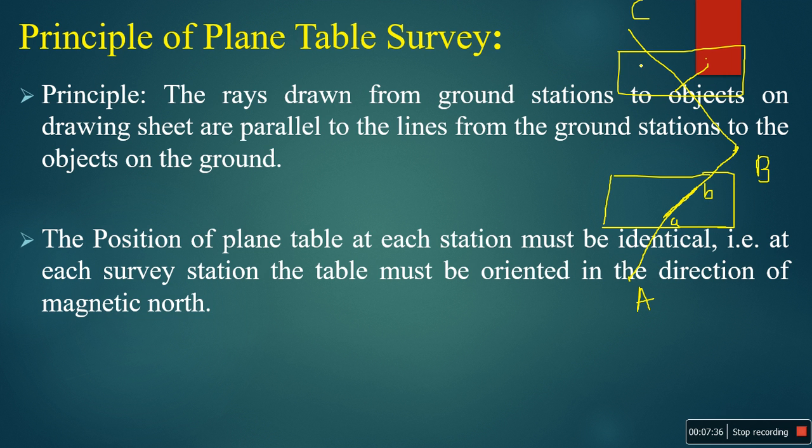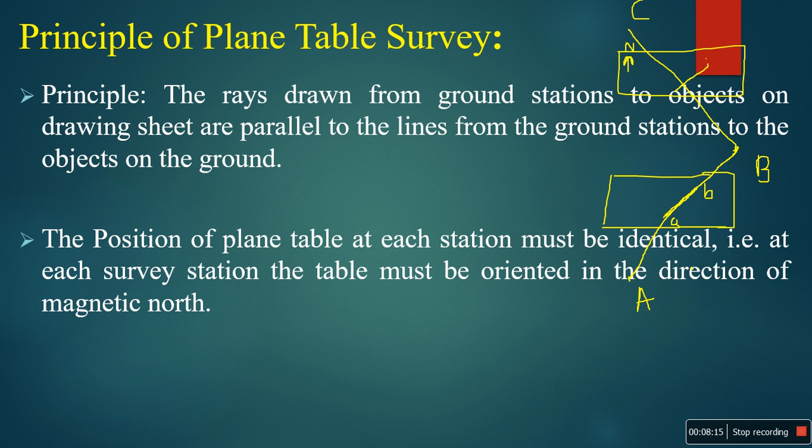In that condition you have to rotate your plane table instrument about its vertical axis. So at the corner of the drawing sheet, you draw the north line. If you orient the plane table with respect to the north line by rotating it about the vertical axis, then whatever line you have drawn previously, for example AB, will be parallel to the field